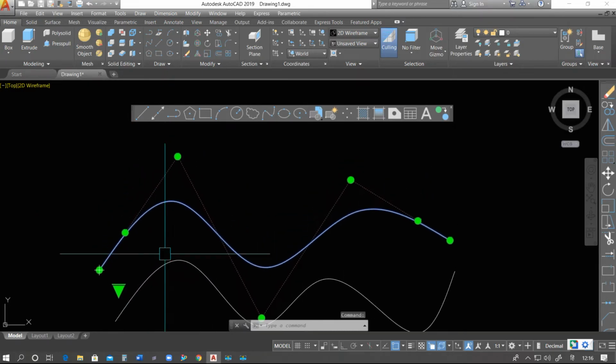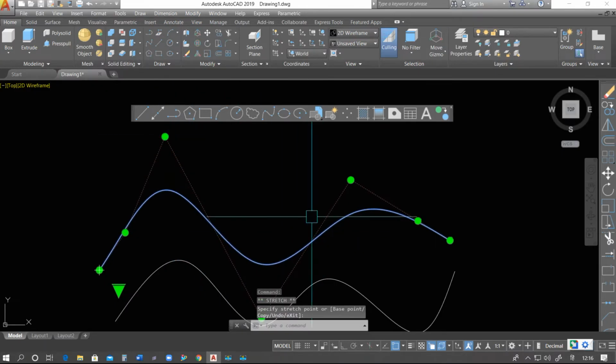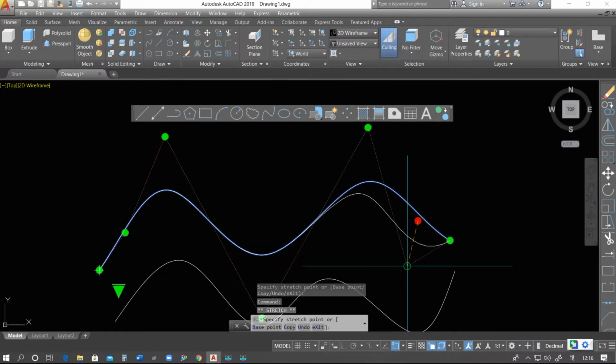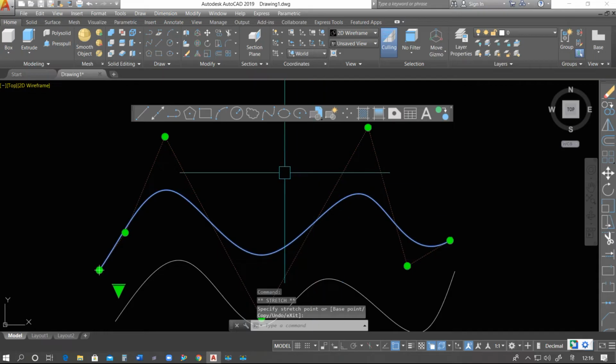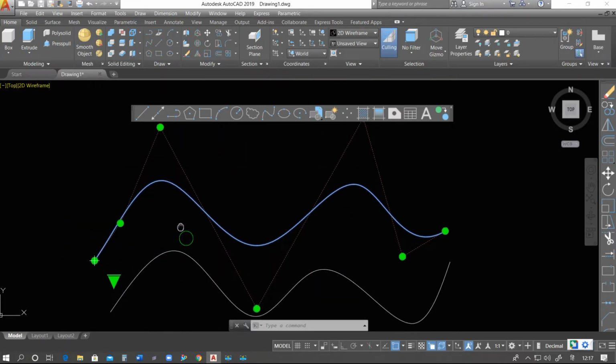So what we did, we converted this fit point to control vertex. Now we will control this curve with the help of this vertex. You see, like this. So this is the use of fit point and control vertex.